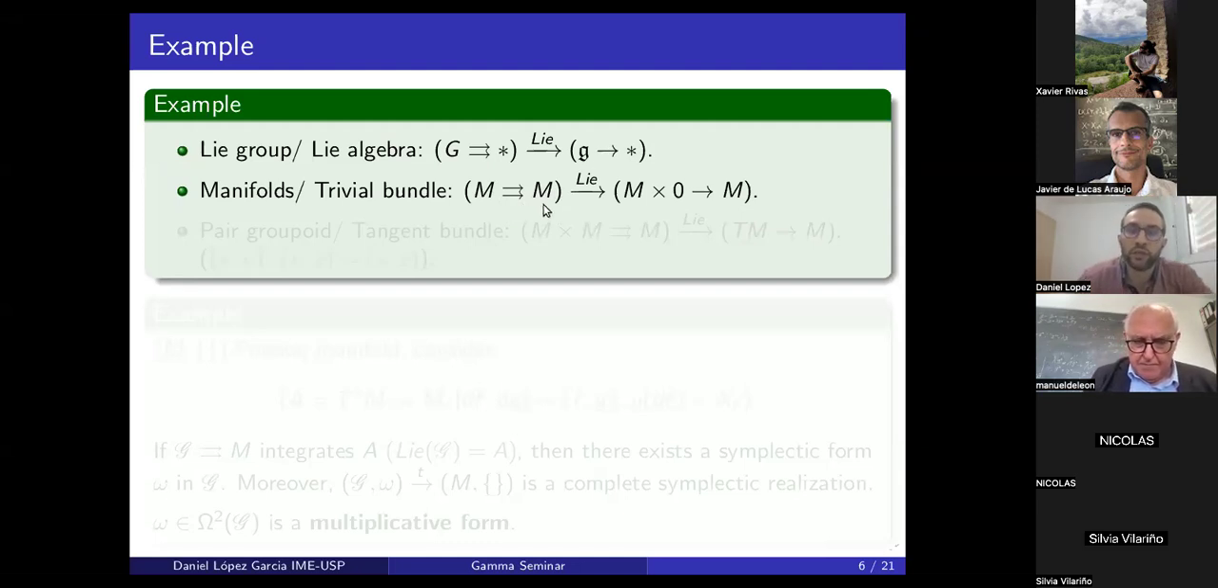And when you consider the Lie functor, you obtain this trivial bundle. Well, yeah, just by considering a zero section if you want. Another example, which is a little more